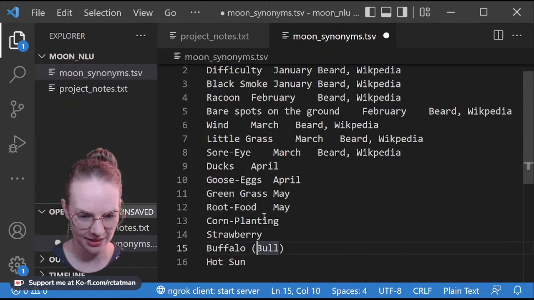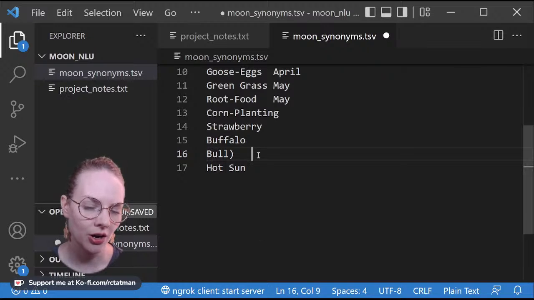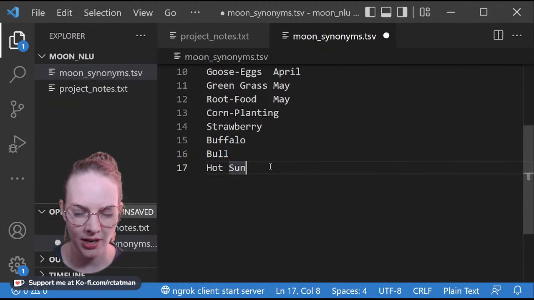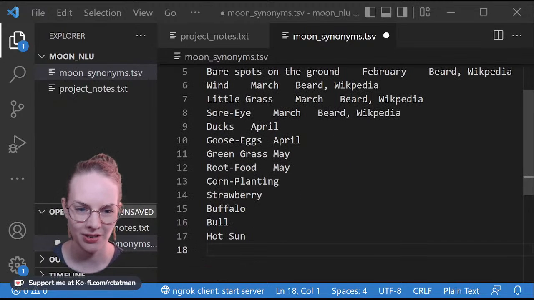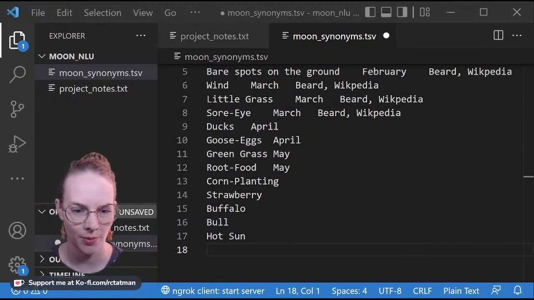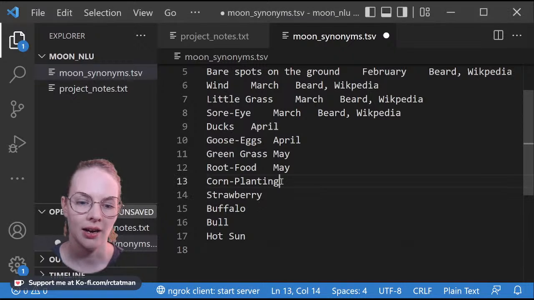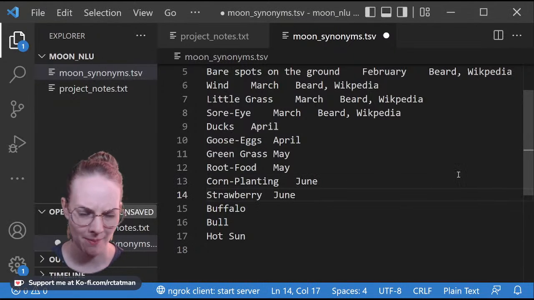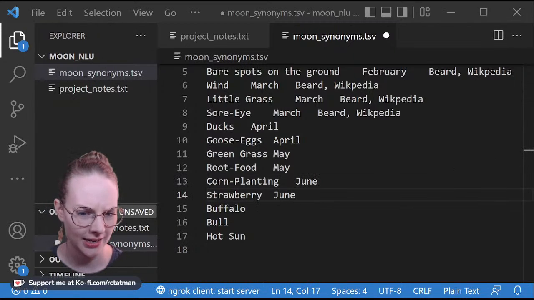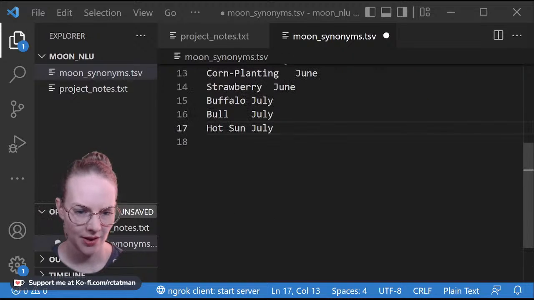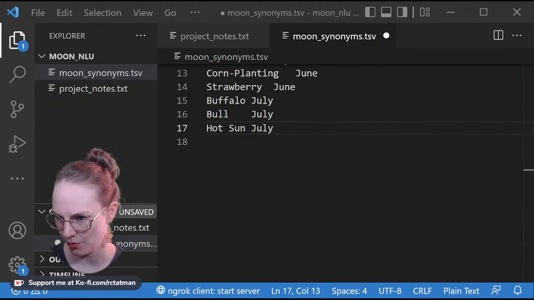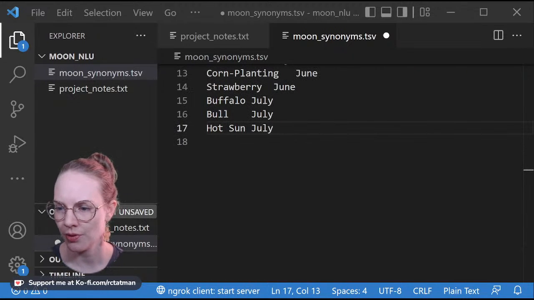I'm actually going to say that this is 3 separate moons. Our good strawberry season in Virginia here is, ooh, I went a long time without doing things. Corn planting and strawberry are both June. It's usually wrapped up by May, honestly. It tends to get quite hot here. These should be both July. And then August is the harvest moon, which is pretty